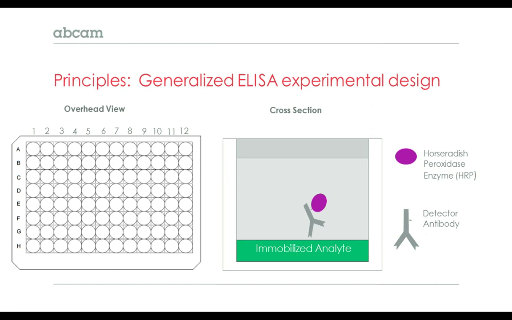And in all of the formats, there are also blocking agents present at the bottom of the well surface to prevent non-specific binding of the HRP-bearing antibody or moiety. These blocking agents can include detergents, bovine serum albumin, non-fat dry milk, whole serum, and fish gelatin, and these blocking agents can be specifically matched to the type of matrices or analyte that is being measured in the specific ELISA